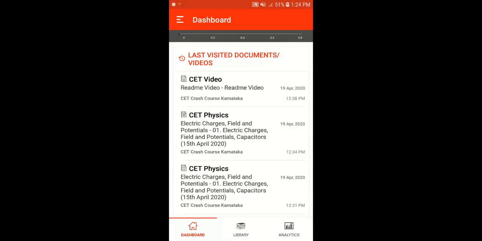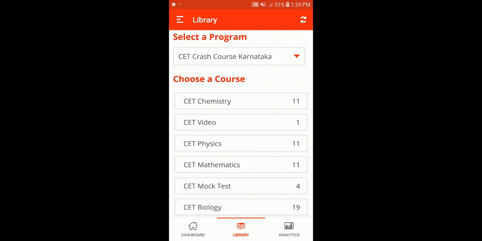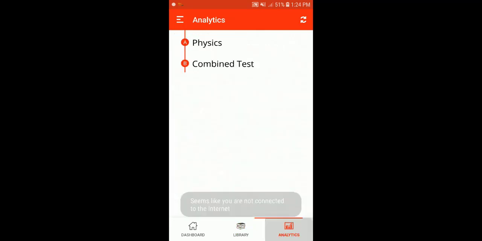The moment you open the app, it shows this screen. The landing screen contains the dashboard, basically about what you did, your activities, etc. It also contains the library, that's about contents, and analytics, that's about the idea of your performance in the tests.